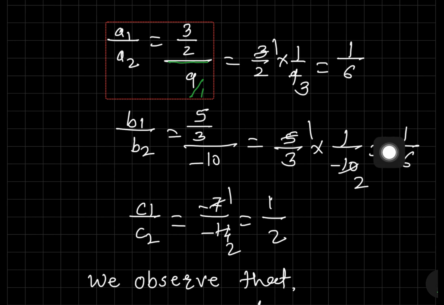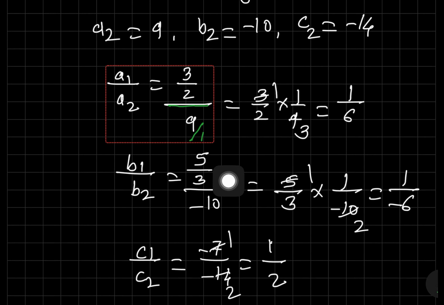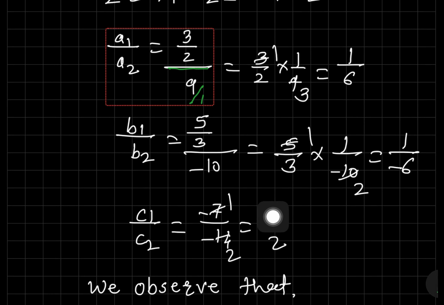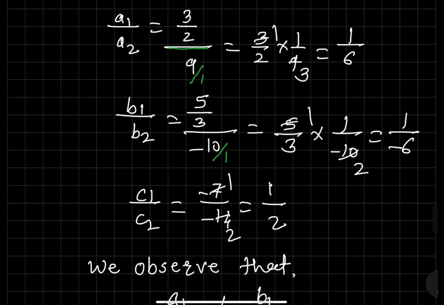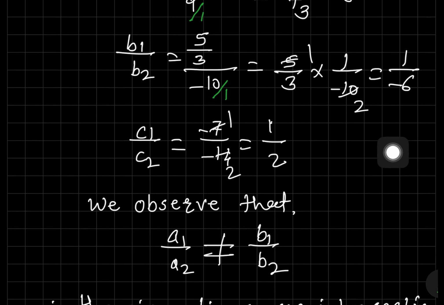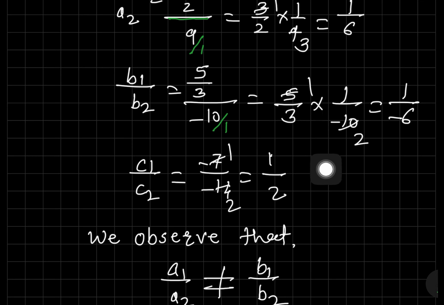Now same way here b1 upon b2, your b1 is 5 upon 3 and b2 is minus 10. Minus 10 is a whole number, but still we have to write 1 for your understanding. So here again division is there, it becomes multiplication, 5 upon 3 into 1 upon minus 10, since minus 10 upon 1 becomes the reciprocal, 1 upon minus 10. So 5 1s are 5, 5 2s are 10, so we received 2. So 1 into 1, 1, and 2 into minus, so minus 2. So it becomes a minus sign.